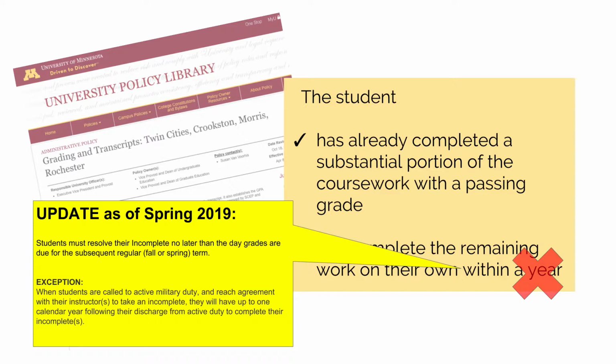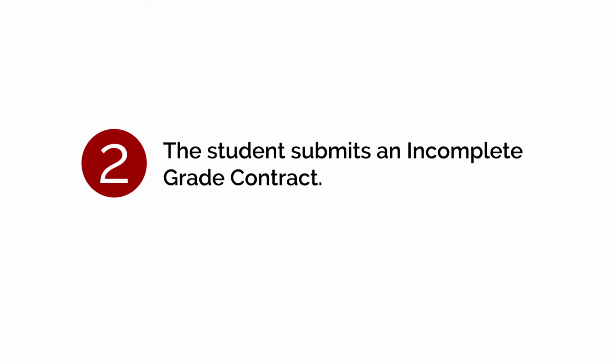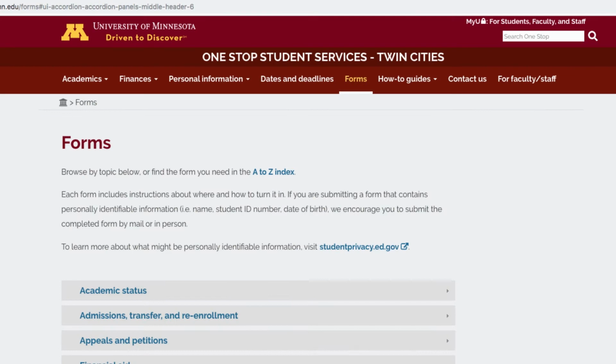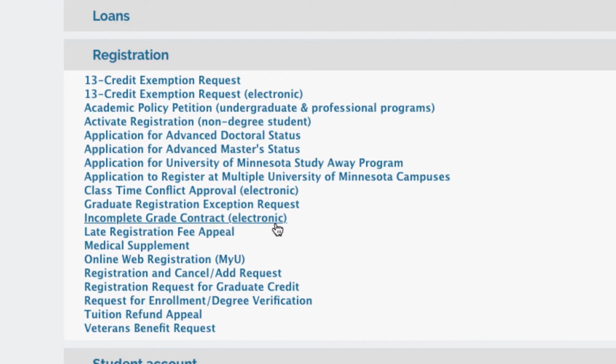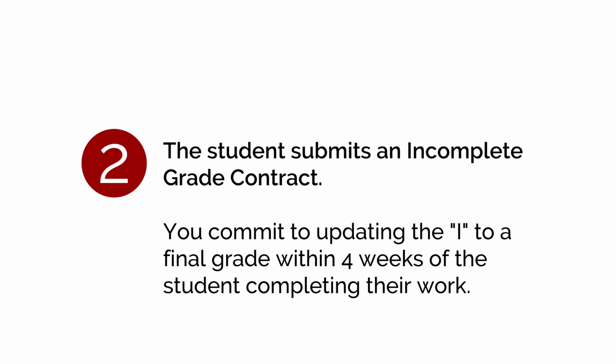work. If an incomplete is warranted, the student must submit an incomplete grade contract. Printable and electronic versions of this form can be found on One Stop. In this contract, you and the student will specify the conditions for the completion of the unfinished course requirements and set a new deadline within the year. You as the instructor commit to updating the I to a final grade within 4 weeks of the student completing